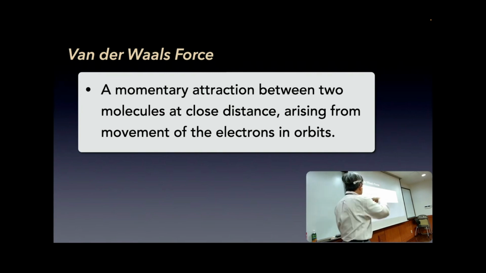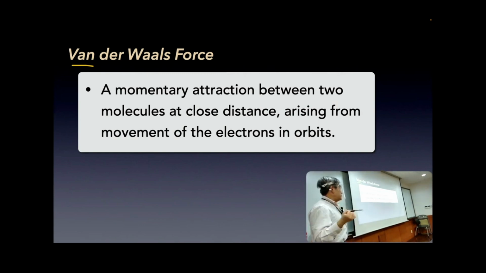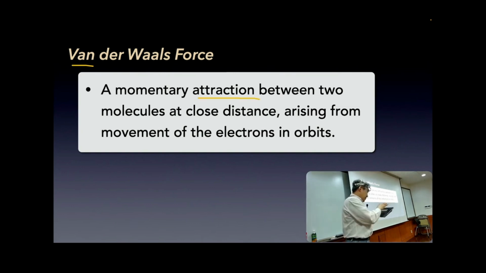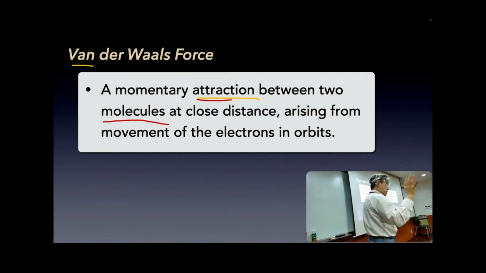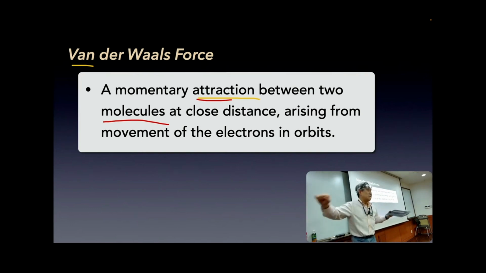Now, let's talk about another very weak chemical bond. Its name is also weird. It is pronounced van der Waals force. This van der Waals force is a very mysterious chemical bond in that, obviously, there's a kind of attraction between two molecules or two elements in either case. But it is not something stable like a hydrogen bond or ionic bond, not to mention a covalent bond, but it is extremely